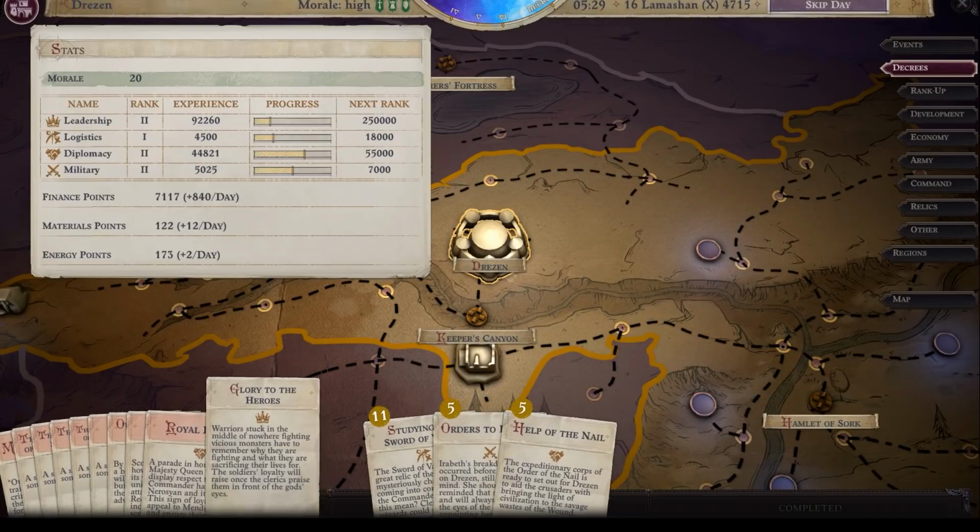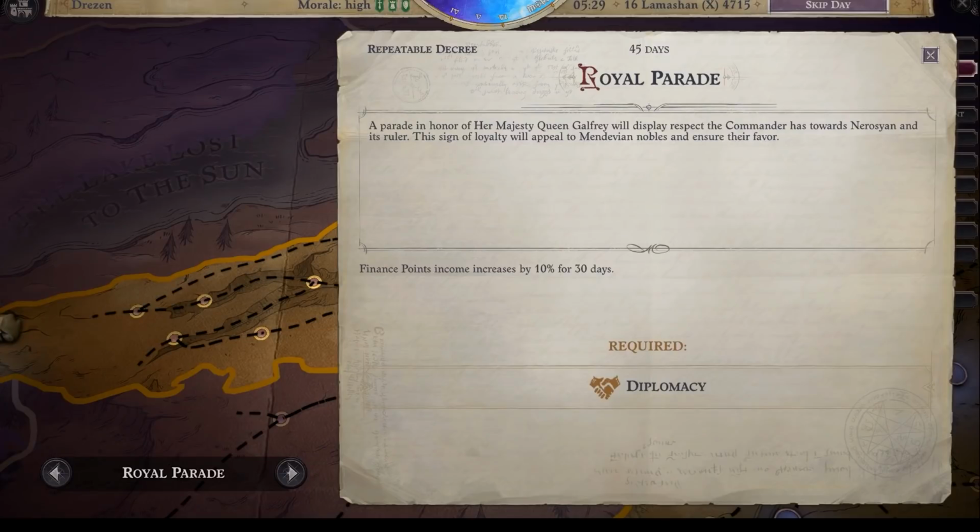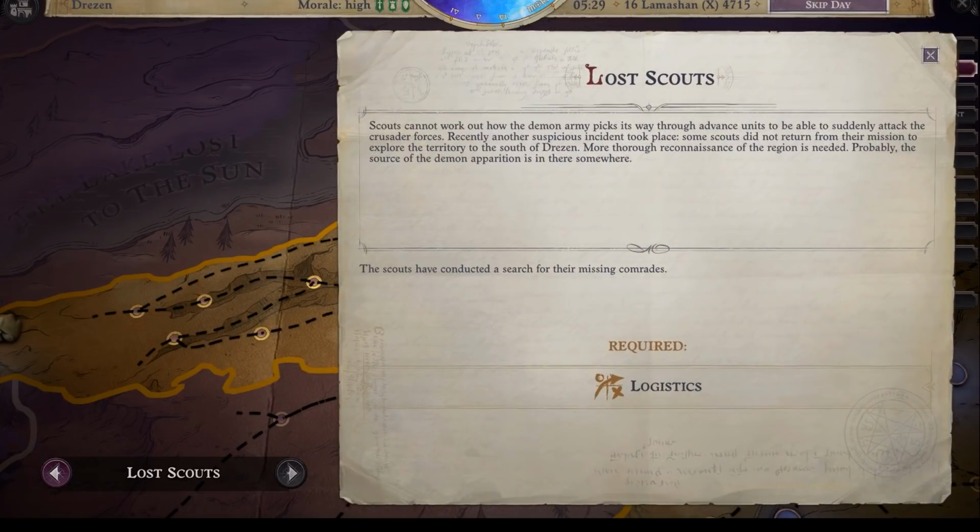That's a big element. There's also going to be certain ones that are just kind of like buffs. So like this one right here will increase your financial points per turn. So those are kind of optional. There's going to be some that are mission related, like this Lost Scout one. But you will also have an option to just go and manually find them on the map. So a lot of times the ones that you can do manually on the map, I do those on the map